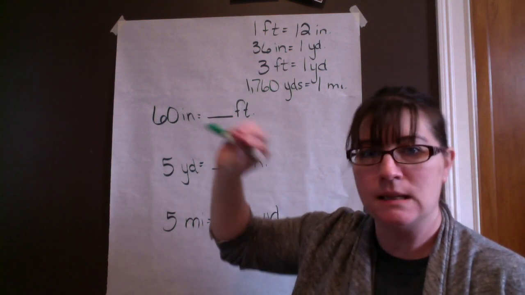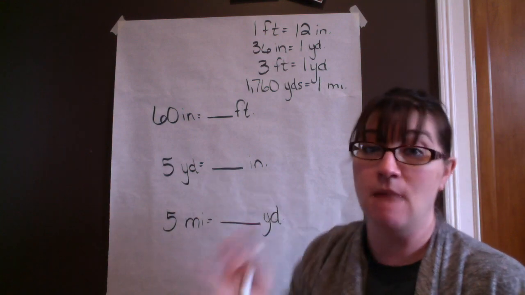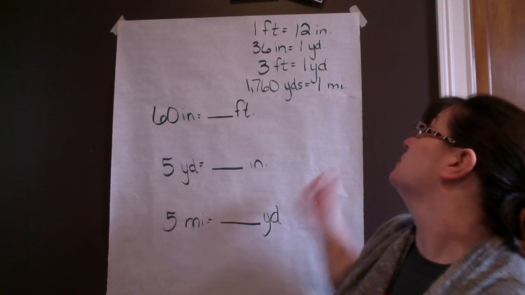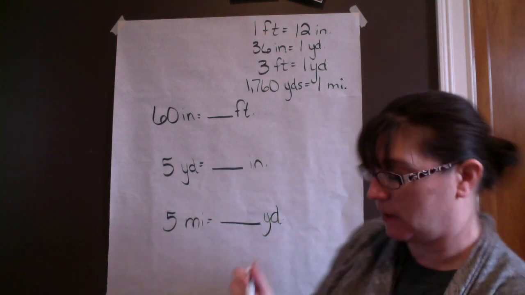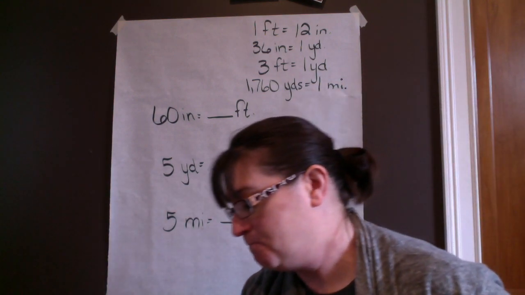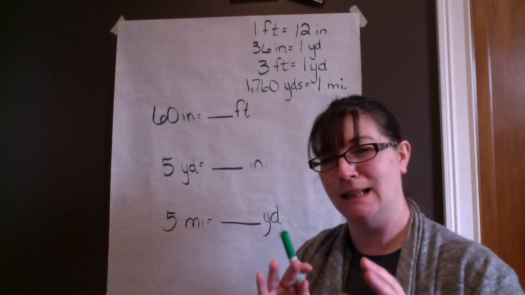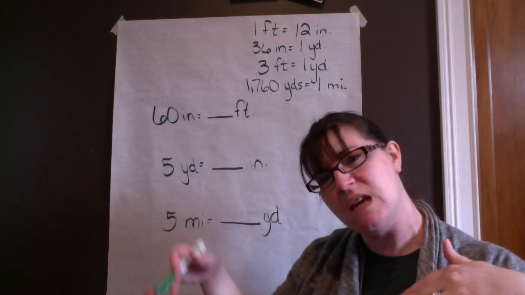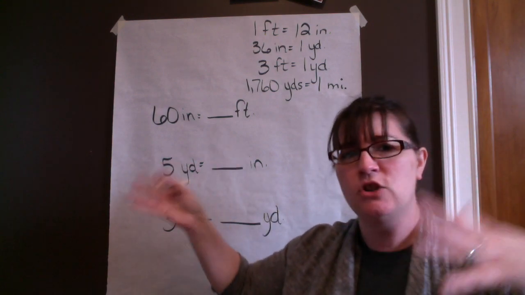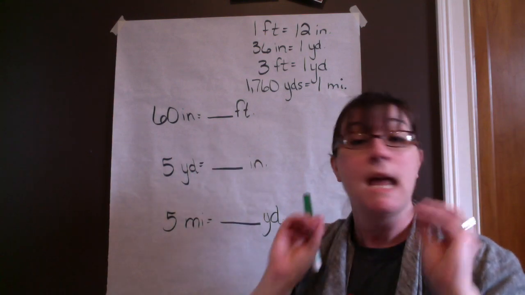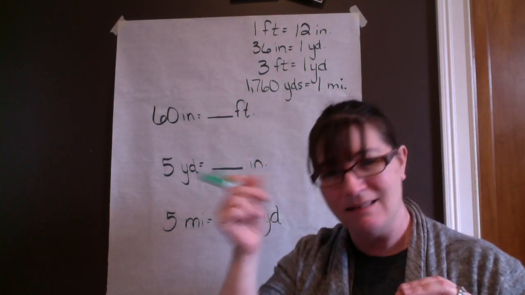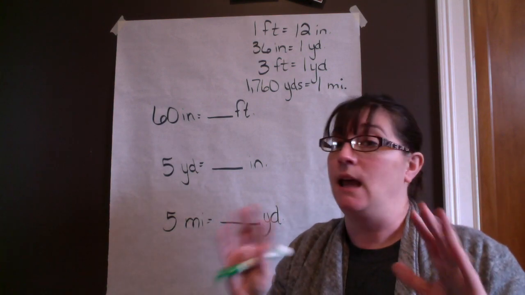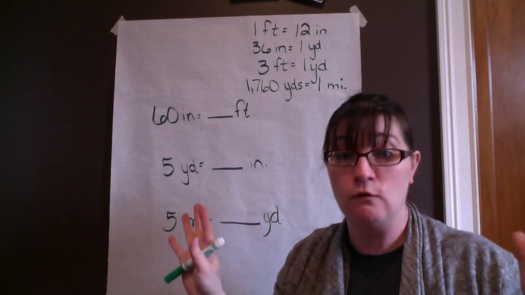All right, so this time we're using customary. So this is feet, inches, yards, miles, okay? And I just noticed here you probably can't tell what I wrote, miles. And so I'm gonna show you a little trick. Now for some people, they can look at this and they're like, oh, inches into feet. Let's see, there's 12 inches in a foot, so I can do this really quickly. And if you're one of those people that just, it clicks in your mind right away, great. If you're someone that's like, I am so confused right now,